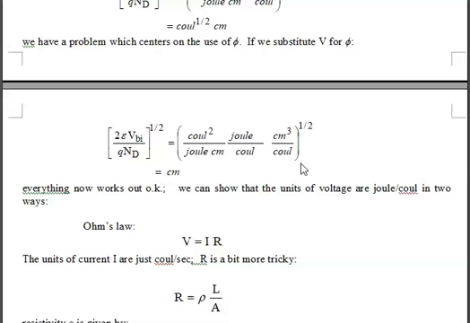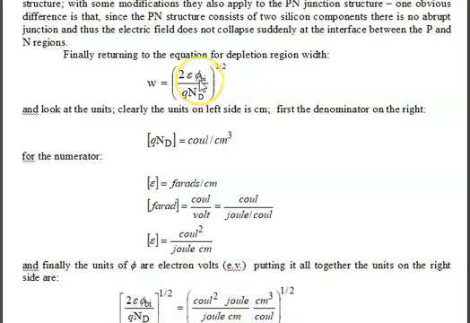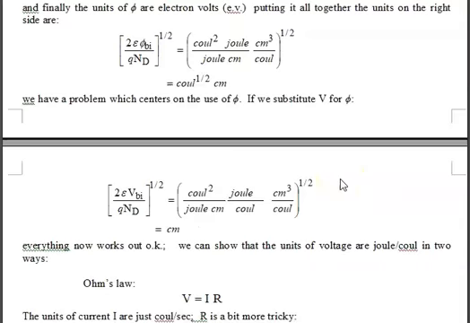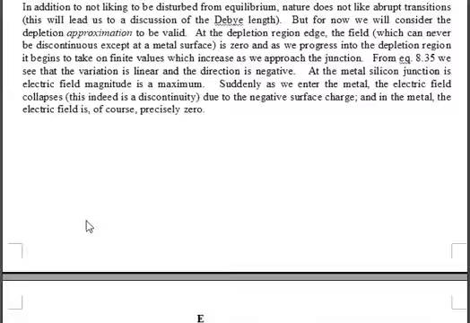That gets us into this idea that we must have this quantity measured not in joules or electron volts, but rather in joules per coulomb. So we really should have a V instead of a phi. And if we make that substitution, it's right here, joules per coulomb, then coulomb squared cancels with coulomb squared, and everything works out beautifully. So that is the problem, and whenever you see this expression,